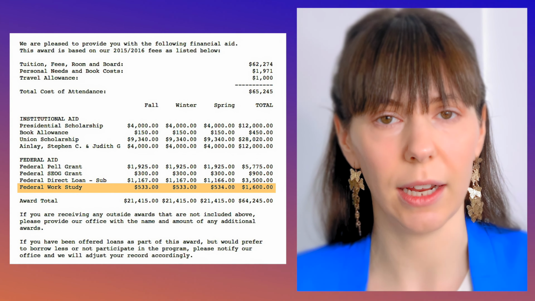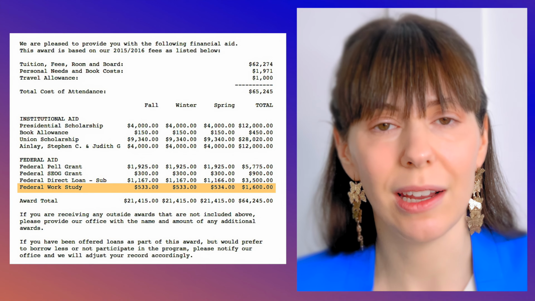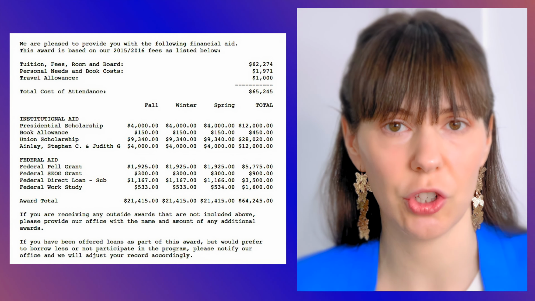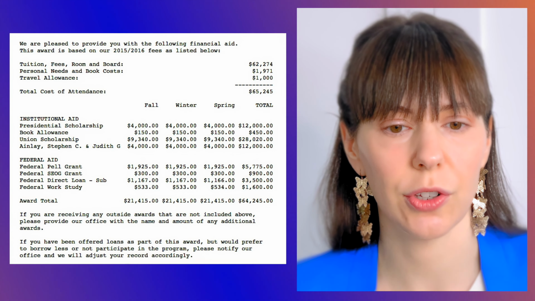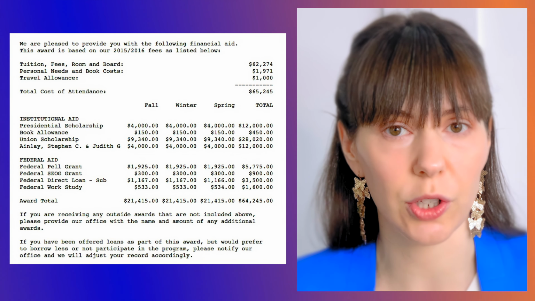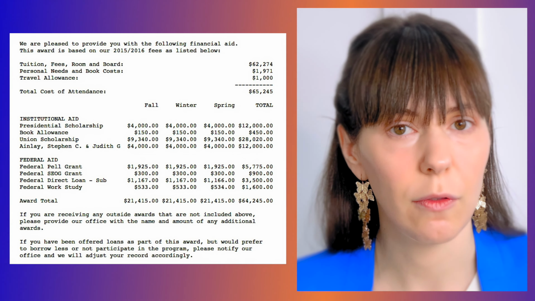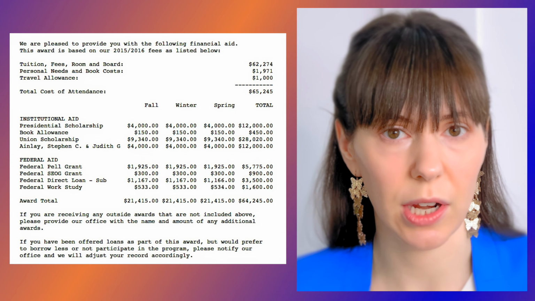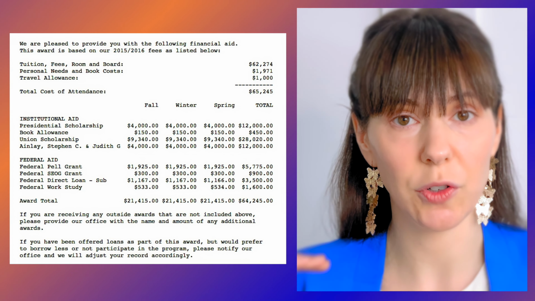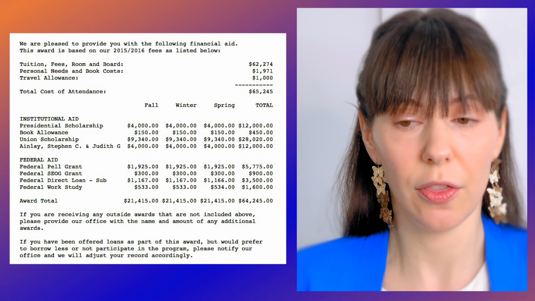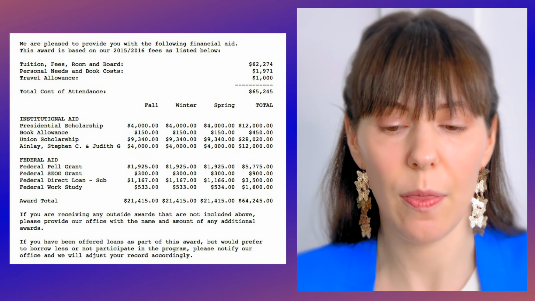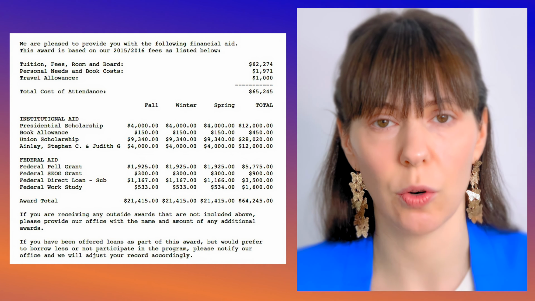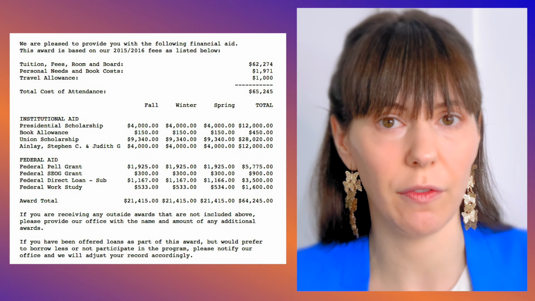And then we see work study. Ooh, work study is great. But here's what you need to know. In order to get work study, you have to take an on-campus job and you have to actually work those hours. So for instance, when I was in graduate school, I worked in the ensemble office photocopying orchestra parts. I don't remember what my work study allotment was, but let's say it was $1,000 a semester. So that means that I would have to work to actually earn that $1,000. The ensemble office would pay me, and then if I got to the point where I was exceeding $1,000, I might still be able to work, but that's at the discretion of the place that I was working.